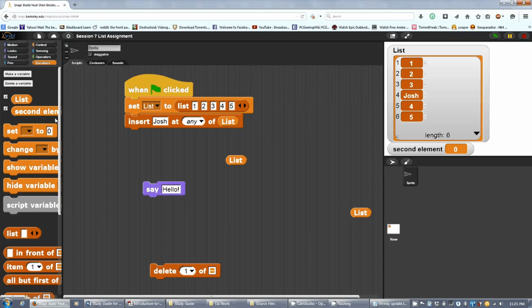And let's get another set block right here. If we click the down arrow and choose second element, and now if we set and get our second element variable right here, and let's set it to Bob,